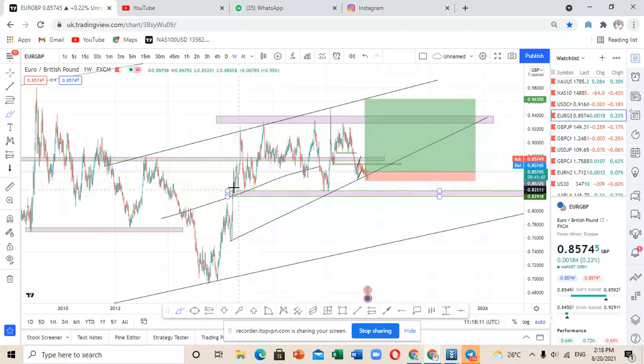As you can see, we had double touches on this point of support, broke above, came to this trend line, came below to have a retest of this point of support, and was moving in between these two points of support. This point of resistance and this point of support will, in the future, as I go on with my analysis, prove to be very significant regions, because currently that is where the markets are playing in between.